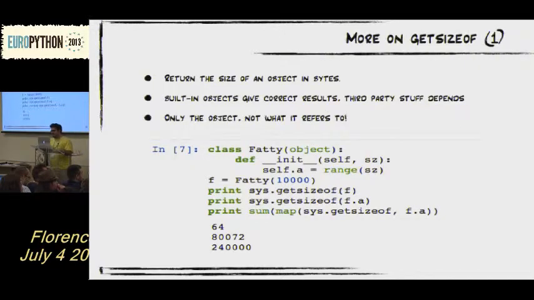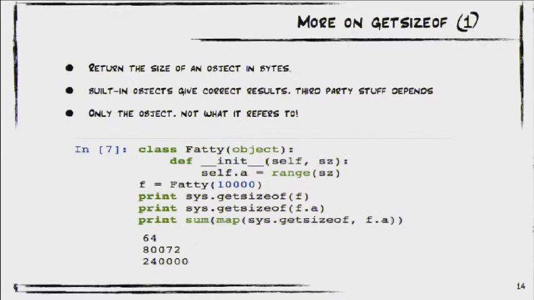Interpreter for some stuff which we don't care about right now. And the built-in objects give correct results because that's in the documentation, and if they do not, it's a bug, we can point that out. But first,